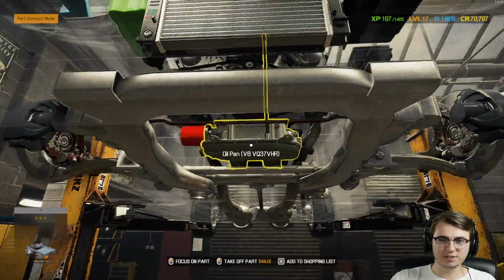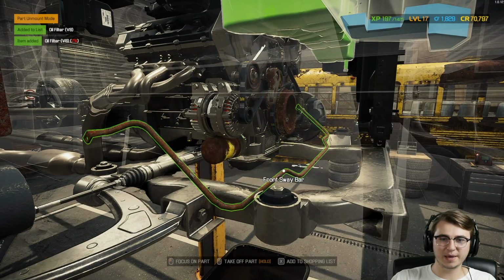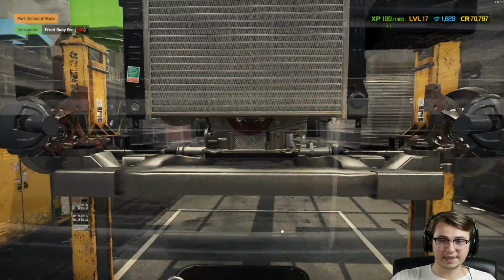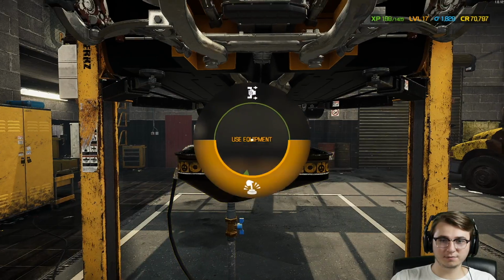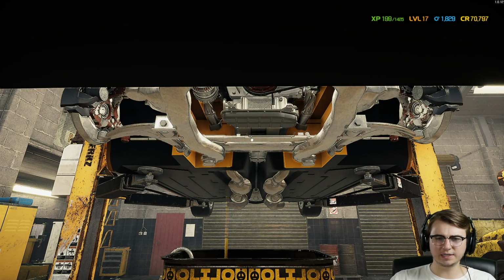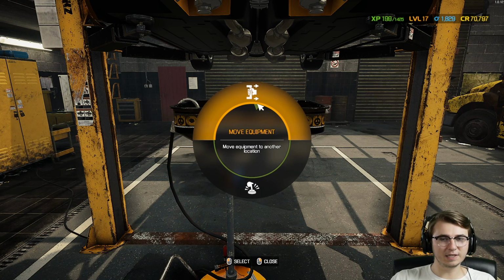So let's actually just take another peek under here. Yes, dude, that V8 oil filter has seen better days. I also already marked the front sway bar, so we're going to take that out. And now we can drain the oil from the vehicle. There we go. Color looks pretty solid. It's not dirty. Looked to have a decent amount in it, so she was definitely doing very minimal maintenance, as